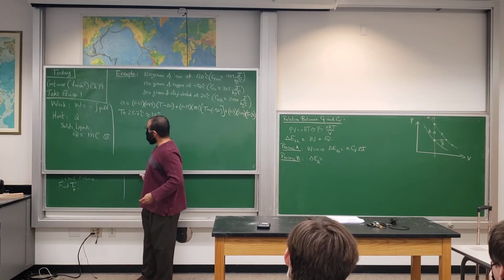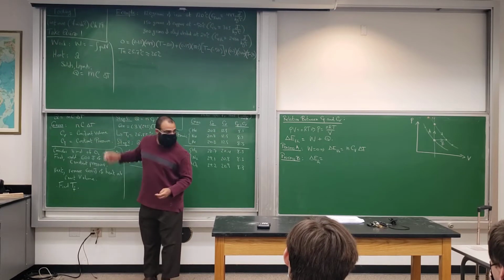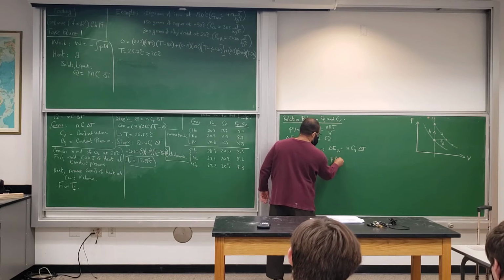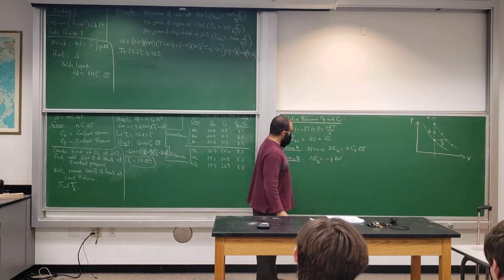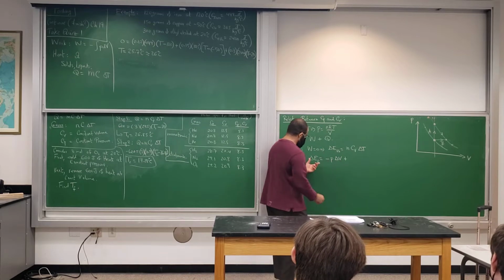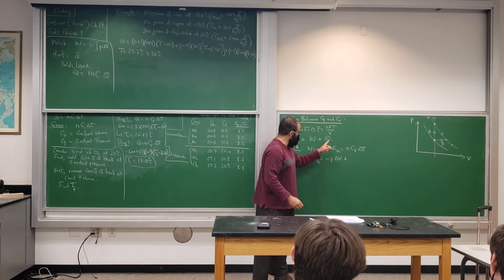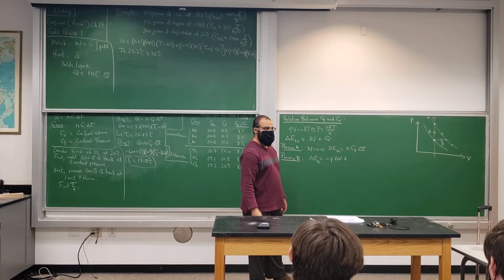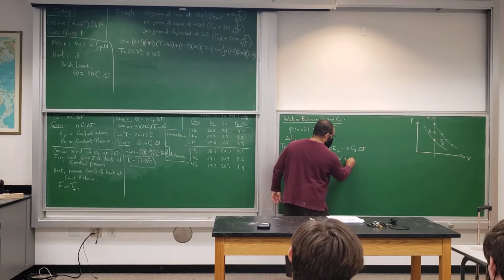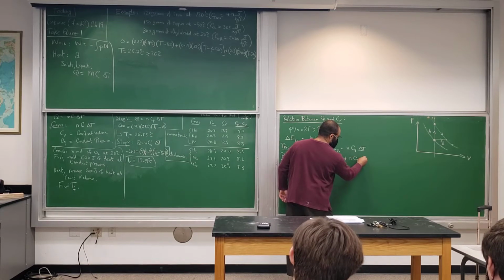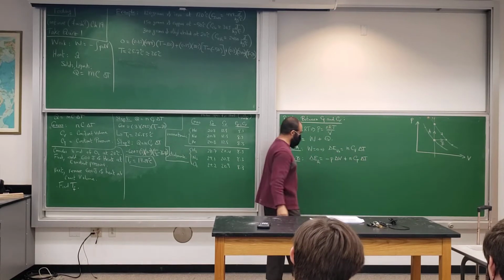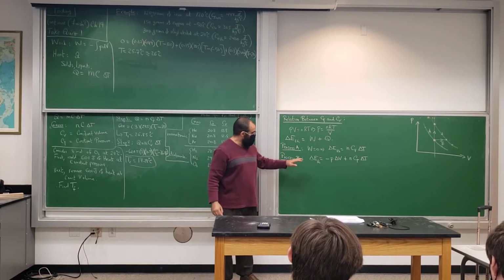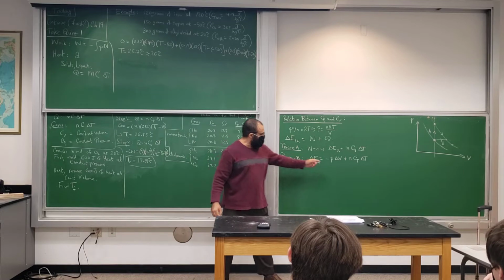Negative P times delta V. Okay? And then plus what? This is the thermal energy, so this is the work part, and then Q. And what can I write for Q here? N C P, at constant pressure, times delta T. And now, I'm going to relate this to this, but before then, I need to get